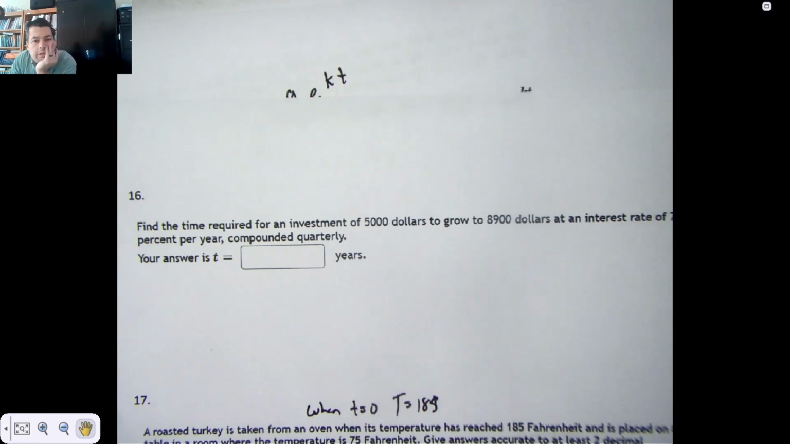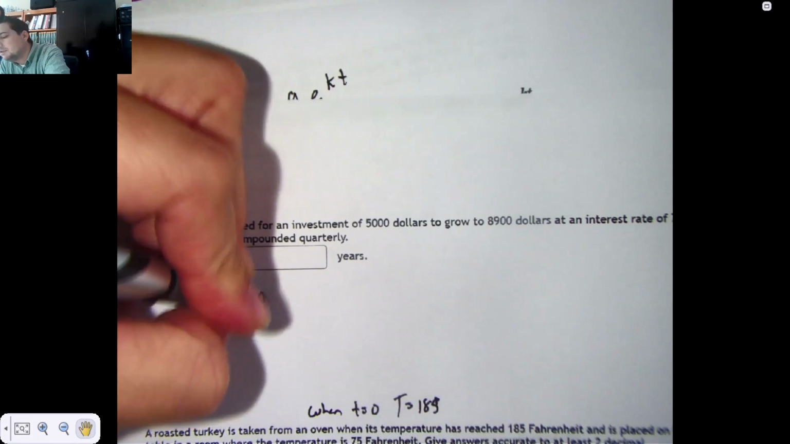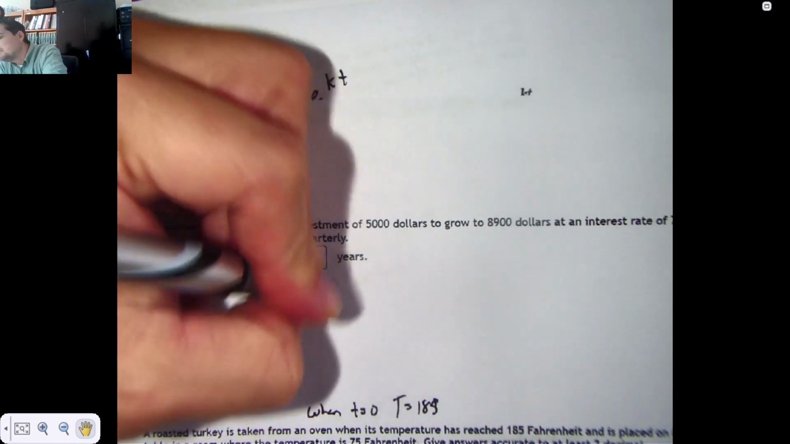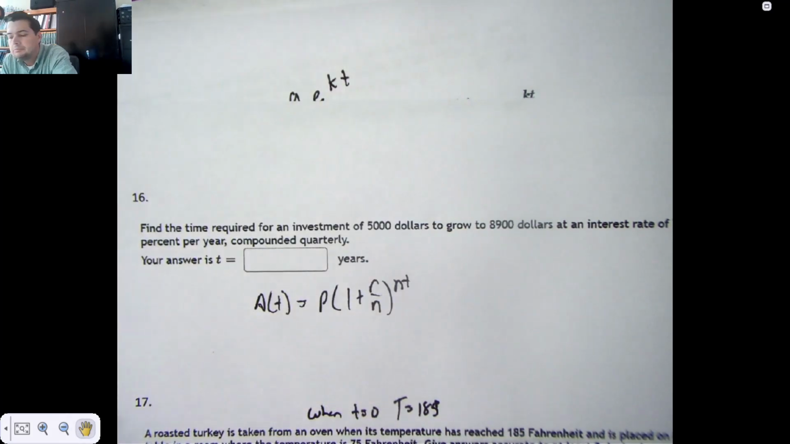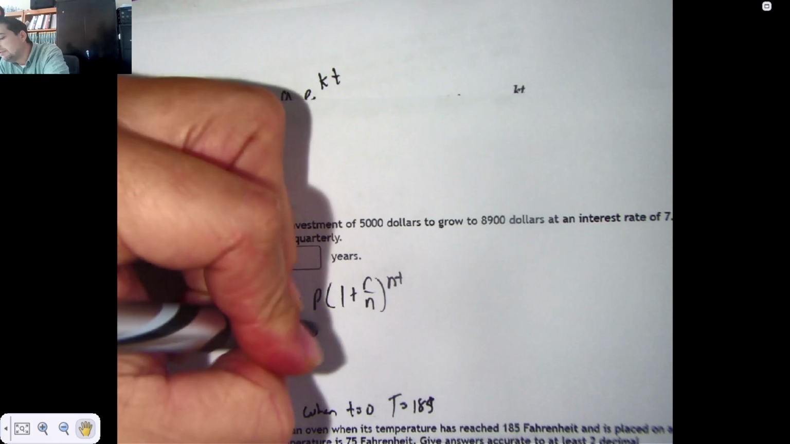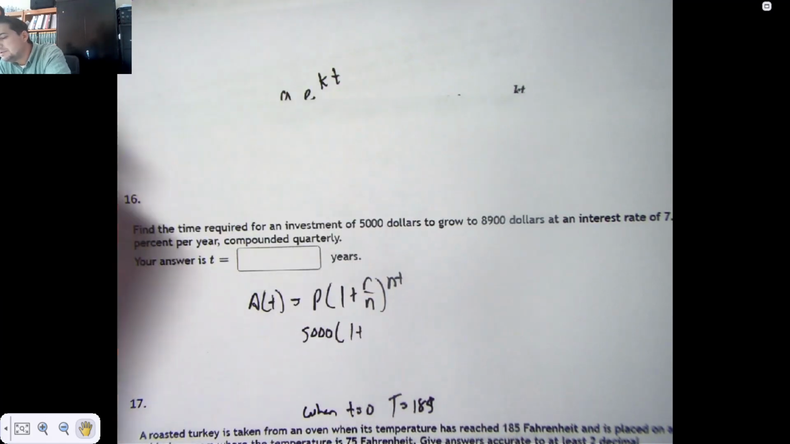Find the time required for an investment of $5,000 to grow to $8,900. Oh, sorry, this is the compound interest formula. The amount after time passes is the principal times 1 plus r over n to the nt. You guys should be comfortable with that thing. 5,000, 1 plus